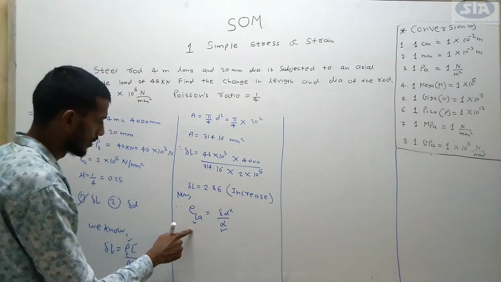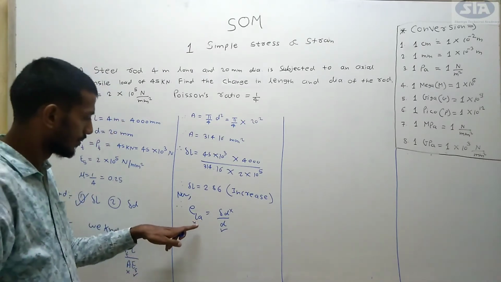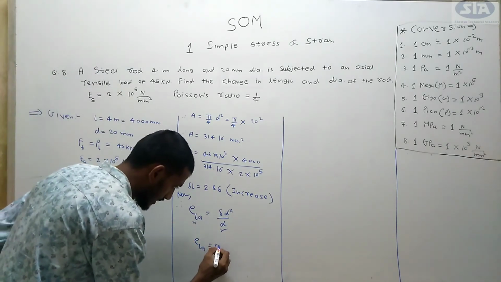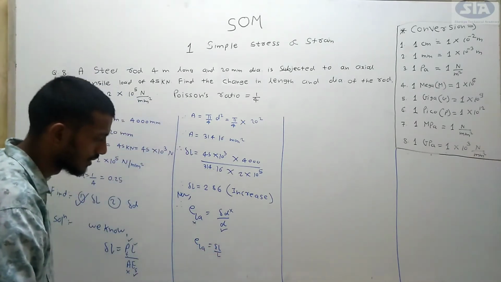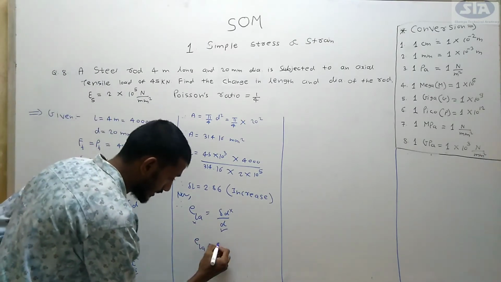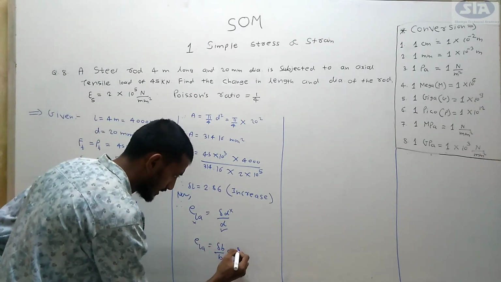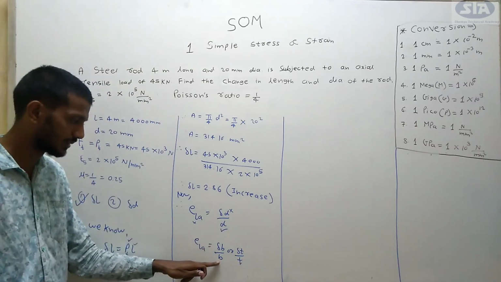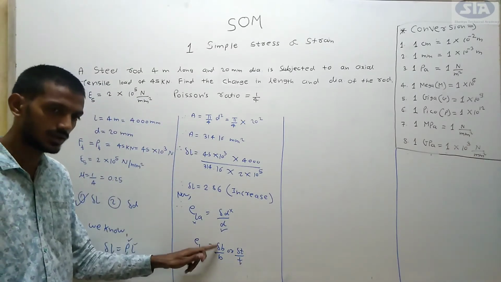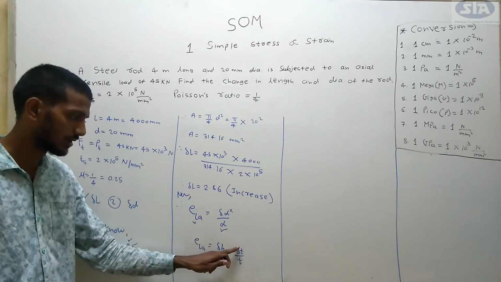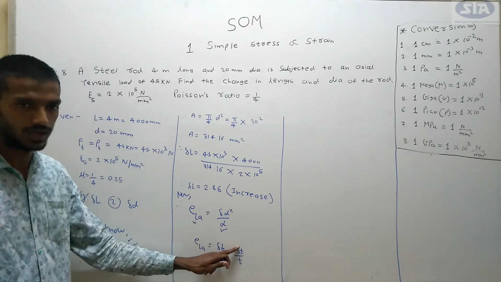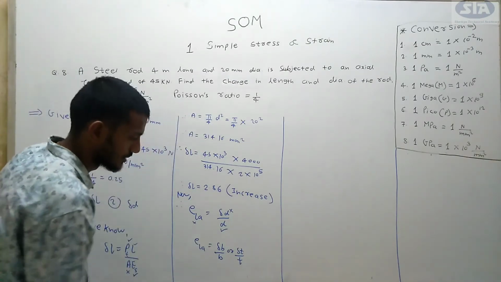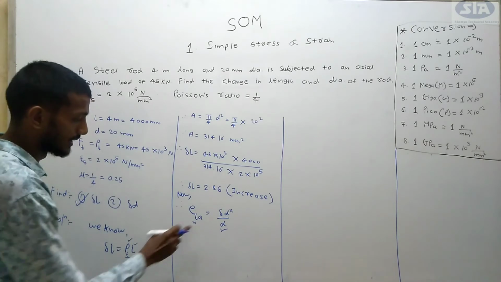Then we have to go for lateral strain. There is another formula, lateral strain, which is equal to delta L upon L. Okay. Sorry. Delta B upon B or delta T upon T. बट अब यहाँ पे ओरिजिनल विड्थ भी नहीं है और चेंज इन विड्थ भी नहीं है, ओरिजिनल थिकनेस भी नहीं है और चेंज इन थिकनेस भी नहीं है, तो यहाँ पे हम ये फॉर्मूला यूज नहीं कर सकते. ओके. तो अभी लैटरल स्ट्रेन कैसे निकालना है.